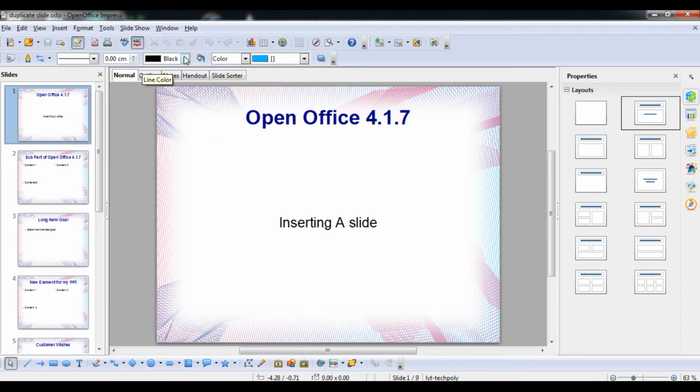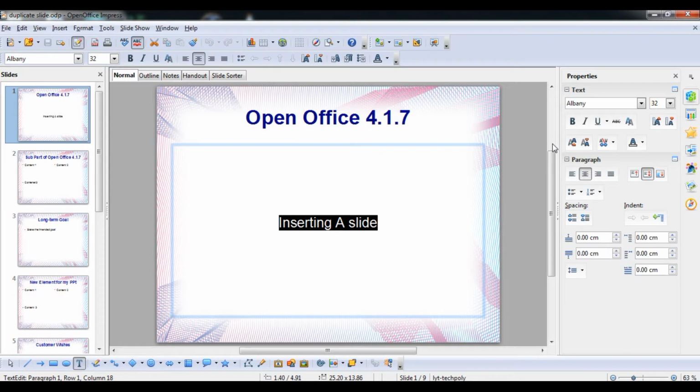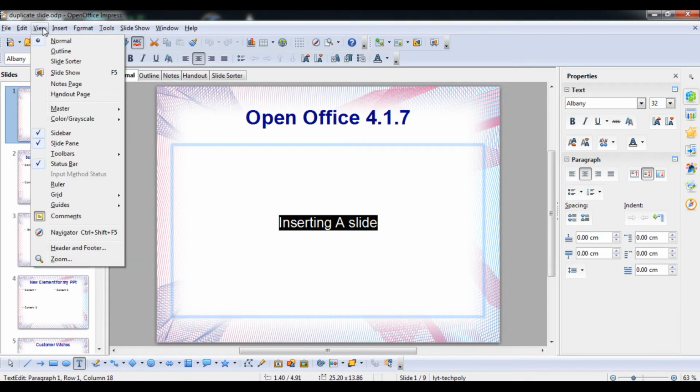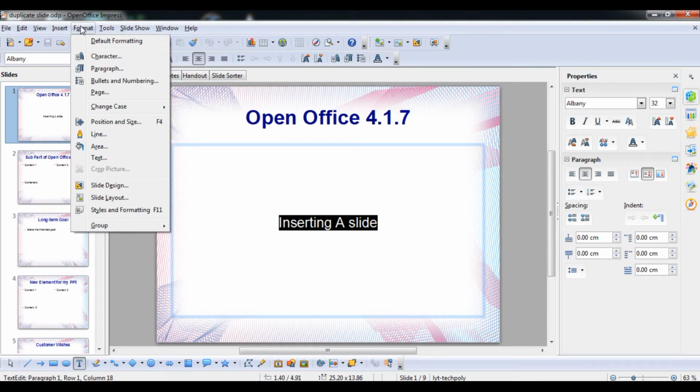Here you can see, student, this style is also one of the shortcuts for that. Suppose I select this one thing. Now you can see this properties panel has opened here. Or you can go to Format and then you can see Character, Line, Area, Text. Or you can go to the View option, and inside that, under Format, you can see a number of options.